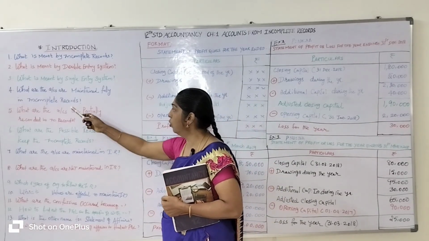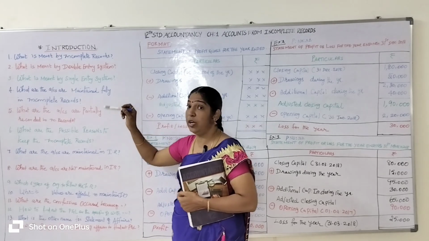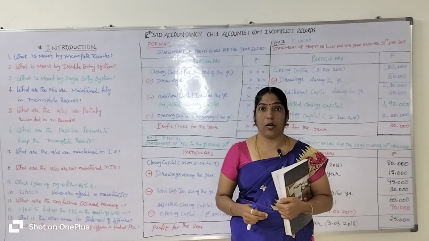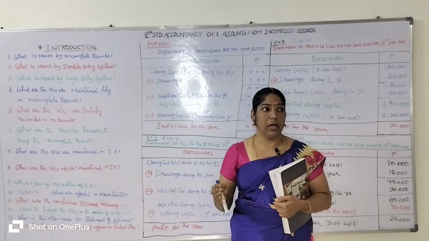Okay. So what accounts are maintained fully in incomplete records, which means there are only two accounts they maintain according to their convenience, according to their necessity. They only maintain the